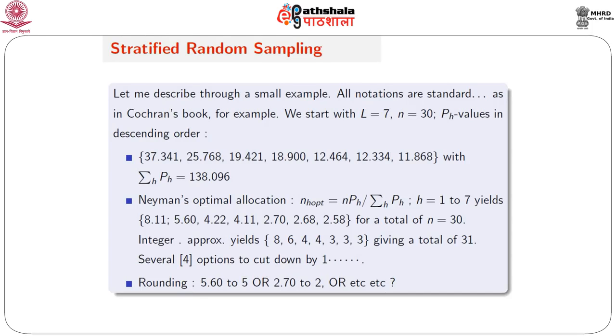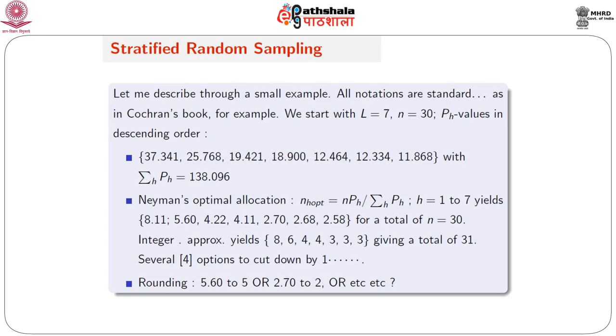Neyman's optimal allocation, if I apply the formula, yields 8.11, 5.60, etc., and that gives a total of 30. However, I have to do integer approximation. So, let us see what we are up to. 8.11 we write as 8, 5.60 we write as 6, 4.22 we write as 4, etc. We are just making a decimal approximation, an integer approximation to these numbers, giving 8, 6, 4, 4, 3, 3, 3, just by doing numerical approximation. That gives a total of 31,